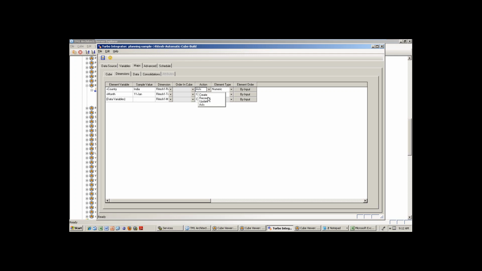But one more issue will come in future. Say for example, one extra country is there. If you are putting it as is, it will not come. At that time, there is some option in the turbo integrator process. We will write that in manual code. I will explain these things to you. But yes, you can do it like this.